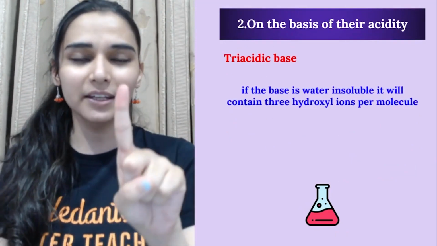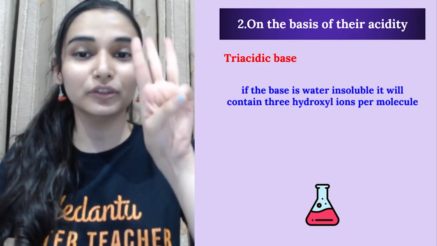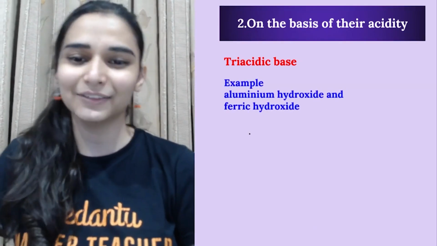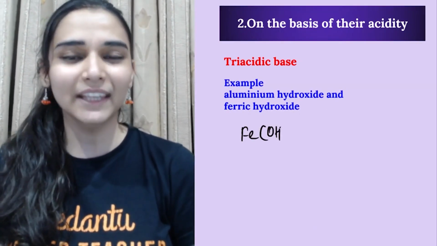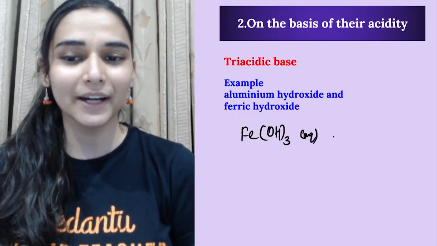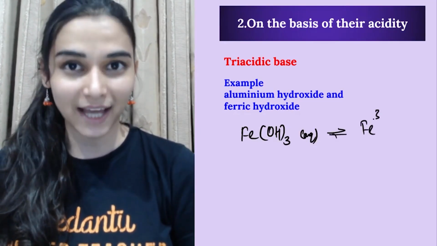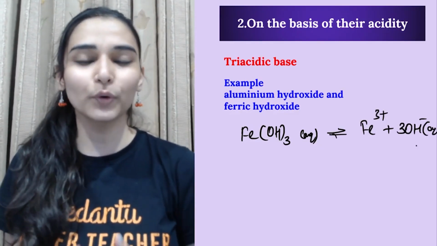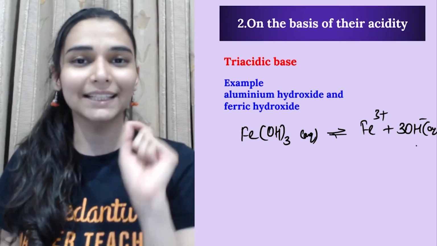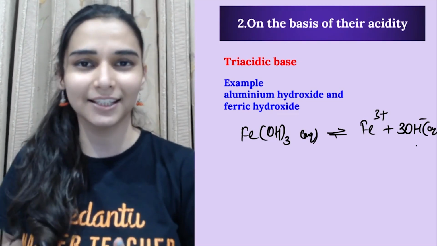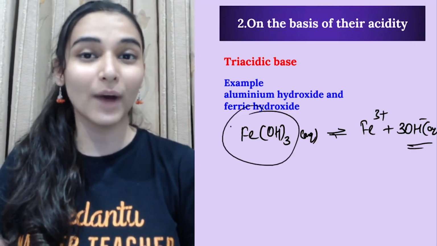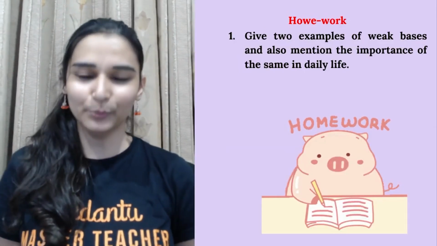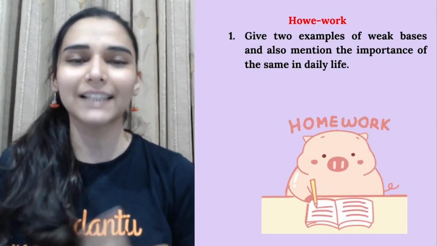In triacidic, 1 molecule of the base in water is giving you 3 hydroxyl ions. Do we have an example for that? Definitely we do have. Ferric hydroxide. Fe(OH)3 aqueous solution you are going to take and you would be getting ferric ions and 3 hydroxyl ions. I'm showing an equilibrium arrow to tell you that they are weak bases. They will be partially ionized. Okay? So 3 OH ions from the one molecule of base makes it a triacidic base. That was very simple, very easy. So today we are done with the classification of bases.